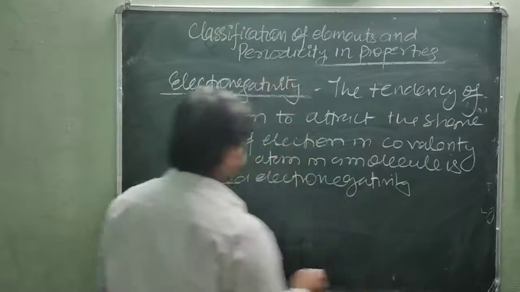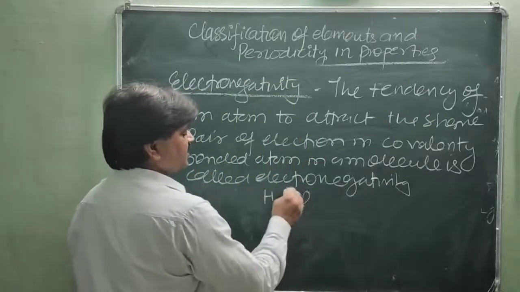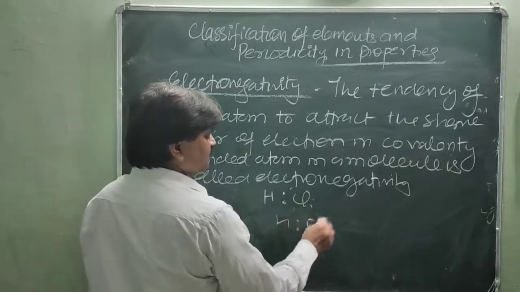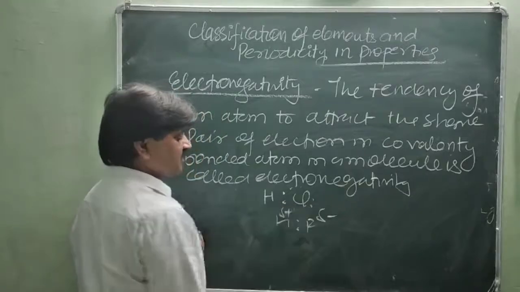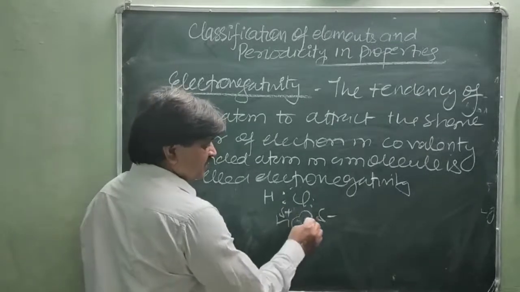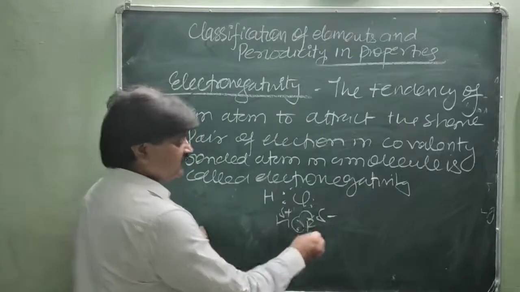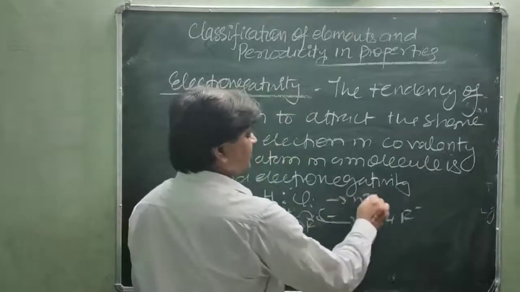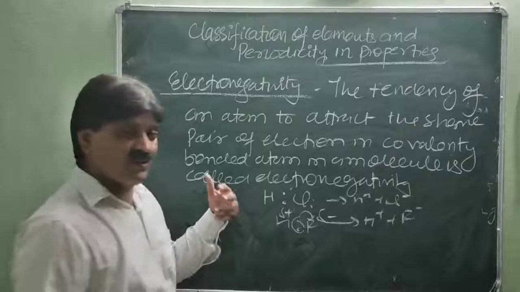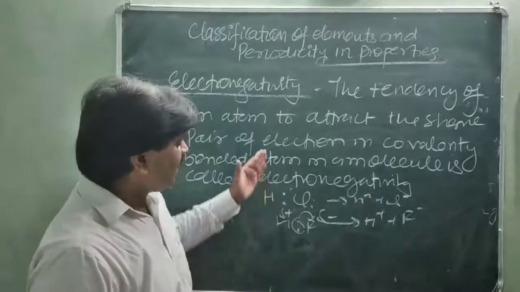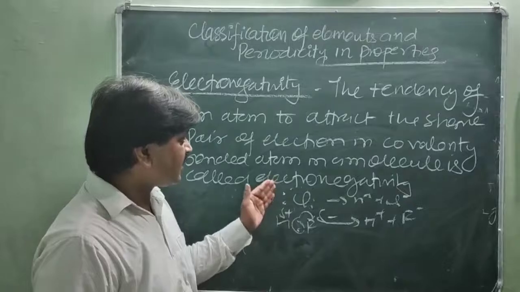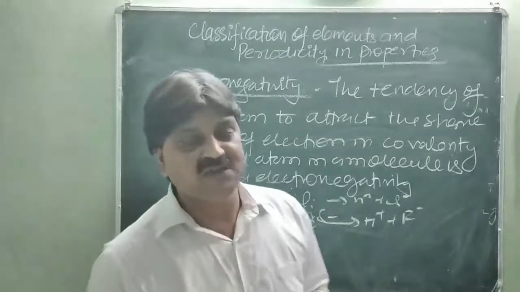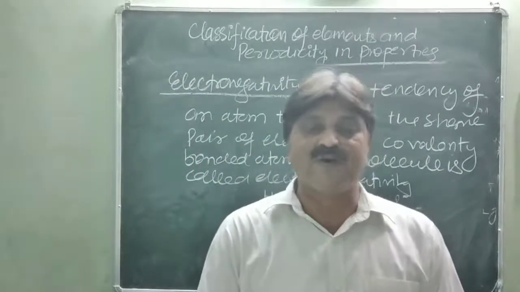Just like in the case of hydrogen and chlorine, HCl, they are bonded to each other by sharing one electron. So just like hydrogen fluoride, fluorine possesses a partial negative and hydrogen possesses a partial positive. Why? Because the shared electron is always attracted towards fluorine, because it is more electronegative. And whenever it is released in the form of H plus and F minus, or H plus and Cl minus, it means the element with more electronegativity accepts or attracts the lone pair of electrons in the covalently bonded atom in a molecule. So this tendency of an atom is called electronegativity, and its variation is also found.